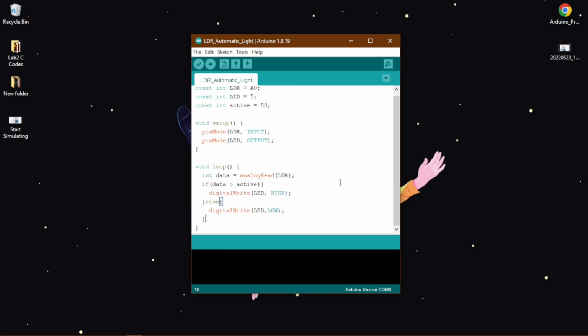So here in our setup mode we have set our LDR to input, because it will input this number, and the LED is obviously output. Then in our void loop, what we have done is we have to read our data from the LDR. So we have written a function which is called analogRead, and what we want to read, which is the LDR. So we have written LDR,